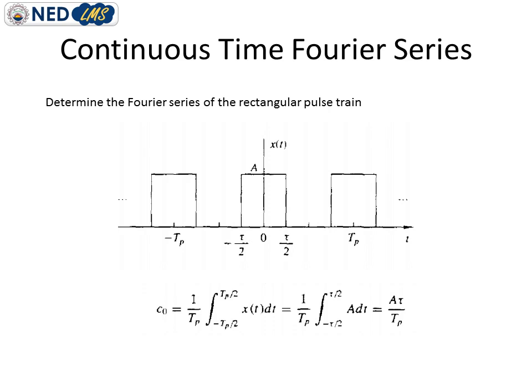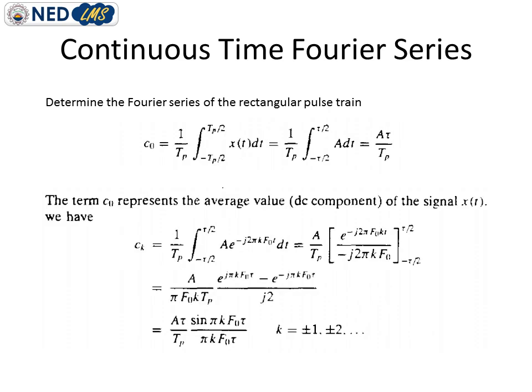This is the actual formula for calculating the coefficient values, and we put the value A, as the height of this pulse is A, and if we integrate this, we will get A tau by Tp. So the general expression of Ck is written here, and we put k equal to 0, so we get this expression, and at the end we get this result, A tau by